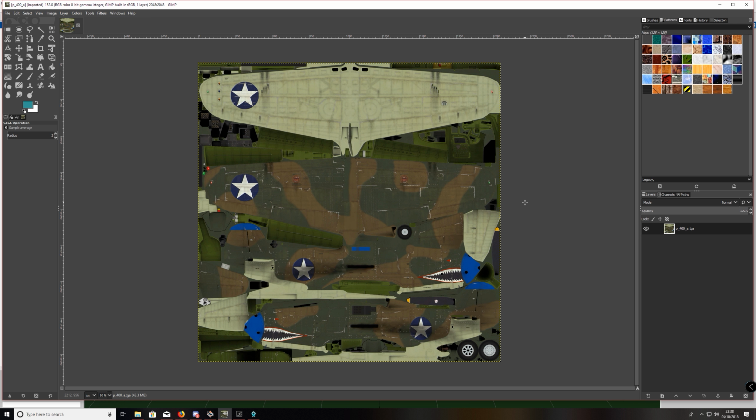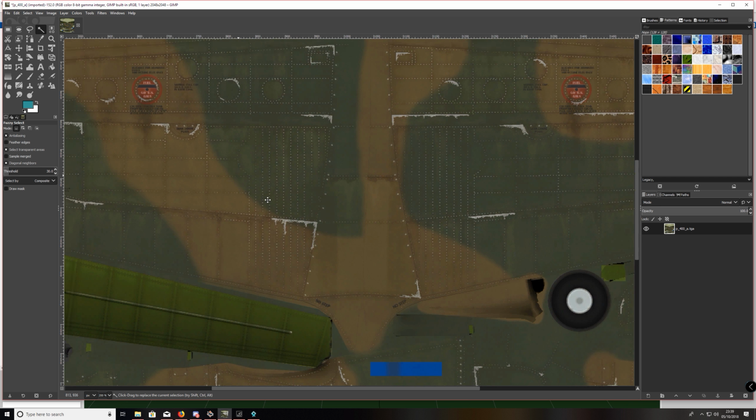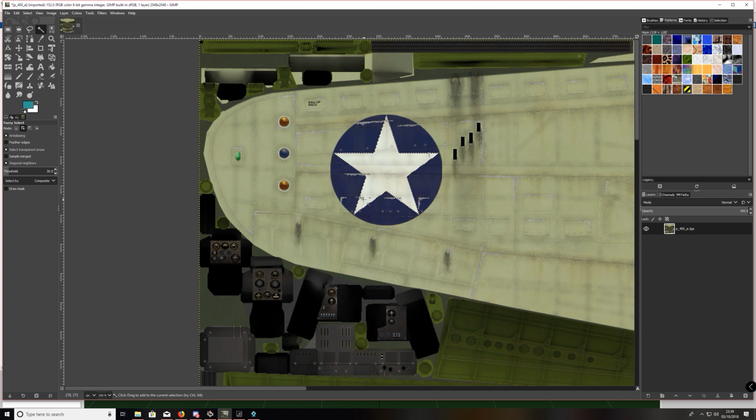Okay, so I'm going to do this one's simple as well. The roundels on this one, I'm only going to do the roundel on the wings, and I'm going to do the teeth on the nose art there. So again, magic wand, just to select all of the roundel. I will zoom in so that I get most of the pixels in here. I'm going to try and make it a little bit better. That didn't work out, so